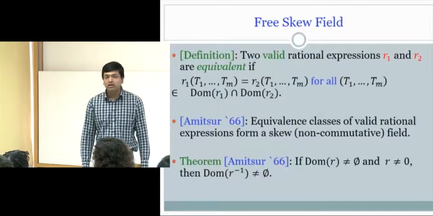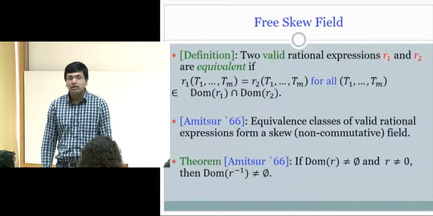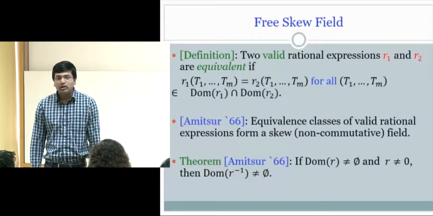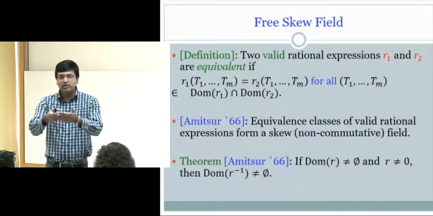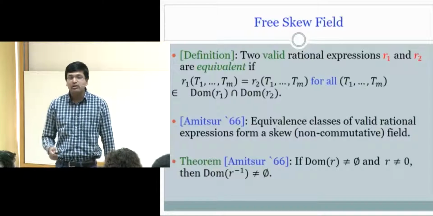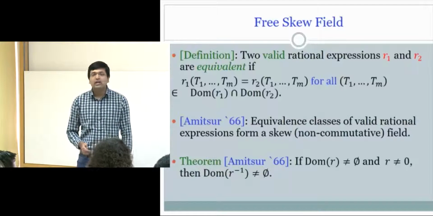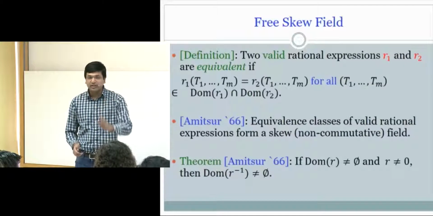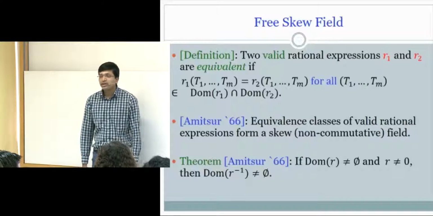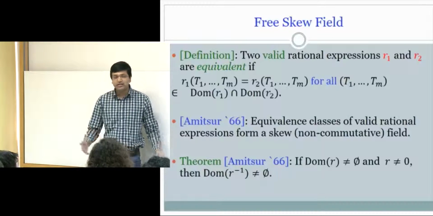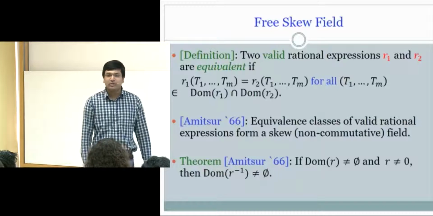But if F might be there in my field, G might be there, I have to define it as G. It's defined as a rational expression, and the domains will intersect. That element has to be present. Yeah, domains will intersect. This is a dense set. The domain is a dense set once it's non-empty.